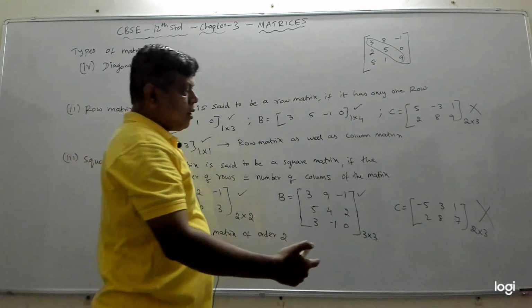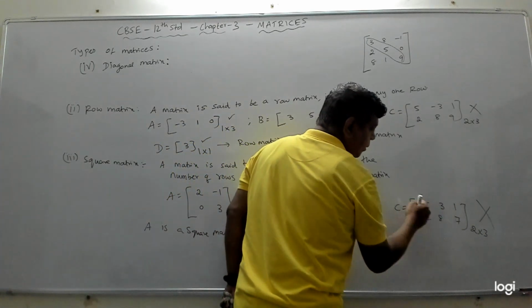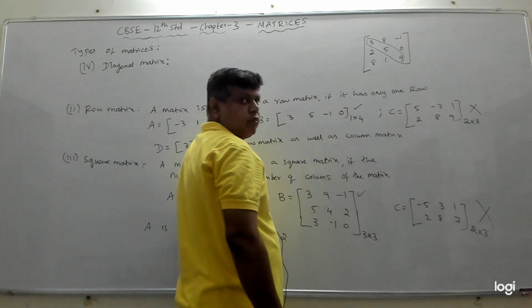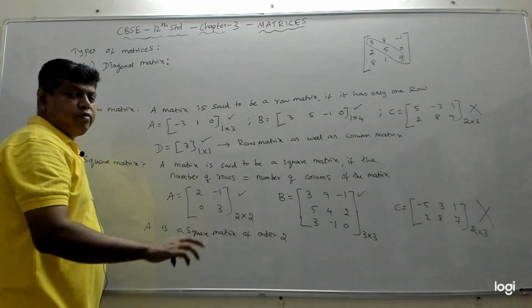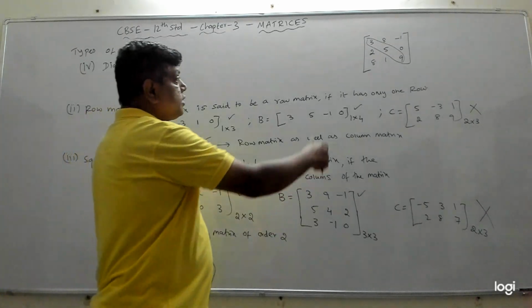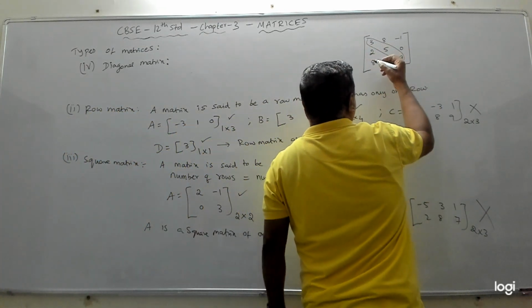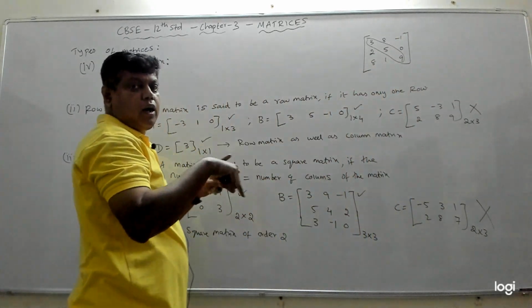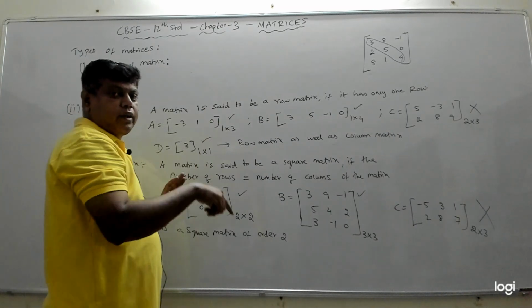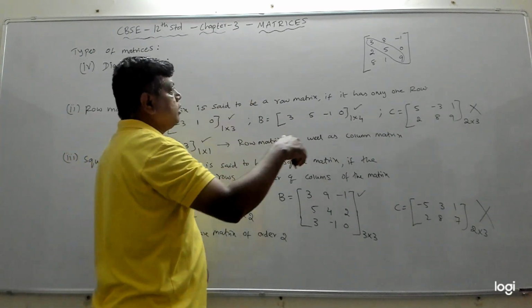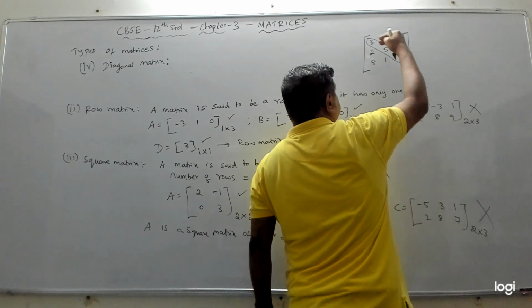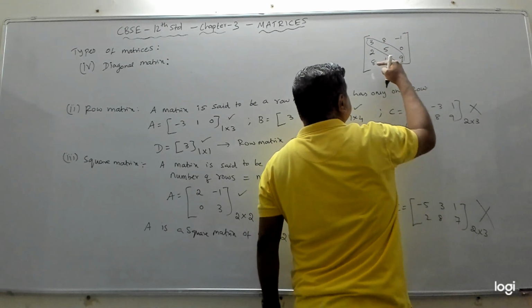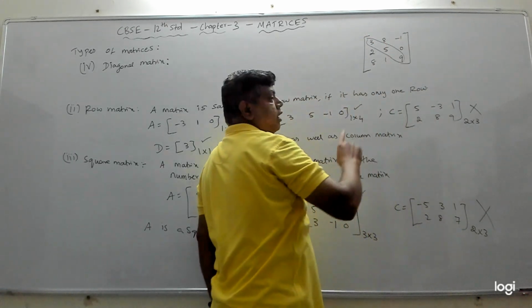If it is a non-square matrix, I cannot define what the diagonal element is. There is no diagonal here. The diagonal elements are defined only for a square matrix. So this is a diagonal element. This is not a diagonal element. 8, 5, -1 is not diagonal. Generally, when we have a parallelogram or rectangular quadrilateral, we have two diagonals, right? We cross one here and one here. But only this one is called the diagonal elements. But these 8, 5, -1 are not called diagonal elements.